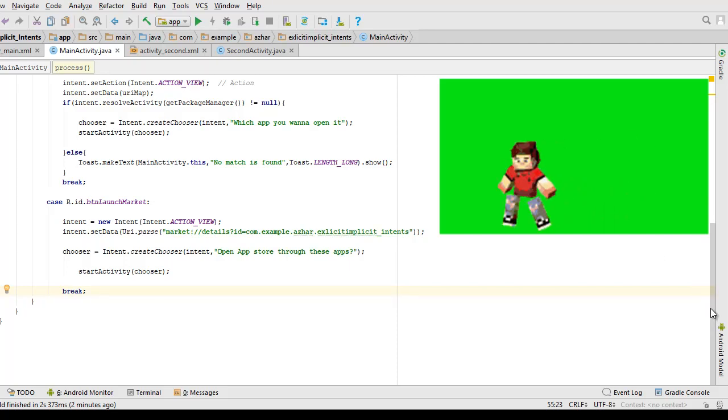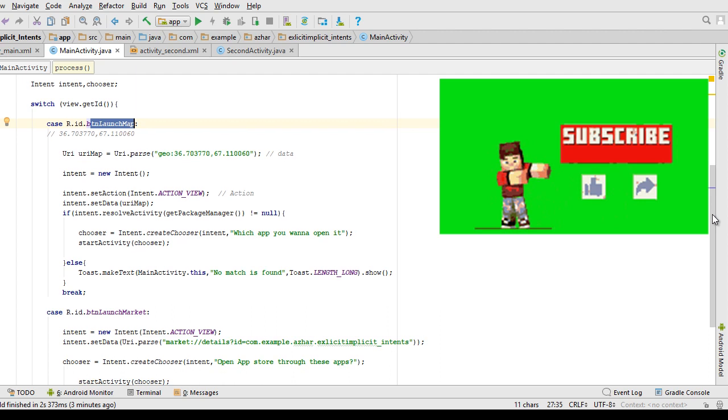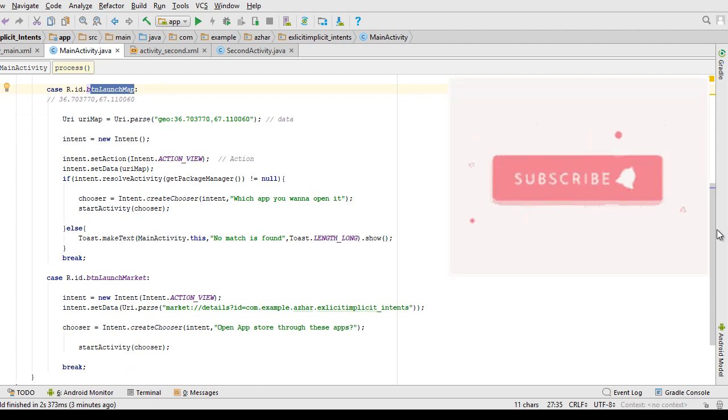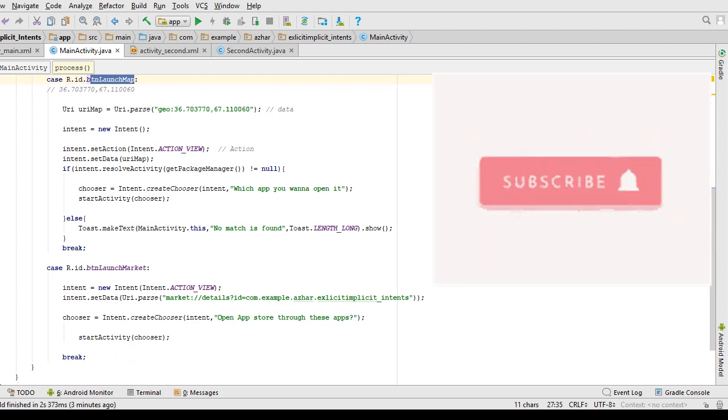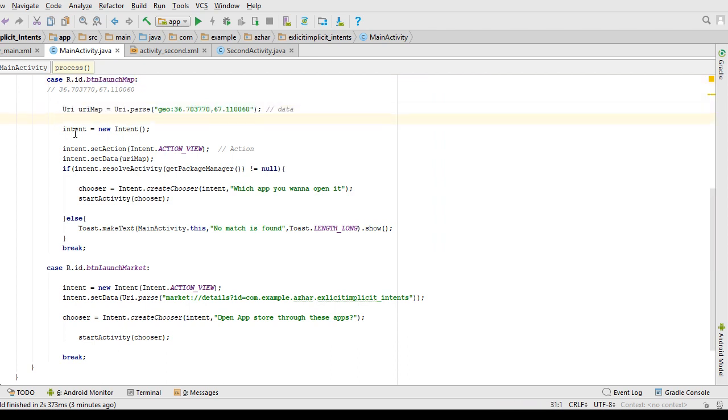Welcome back again, guys. In the previous video we learned how to launch Google Maps inside our app. I mean, how to call an external application from our app. We can do that by using implicit intents. You have learned that you must pass the data, and then by using the intent object we specify the action